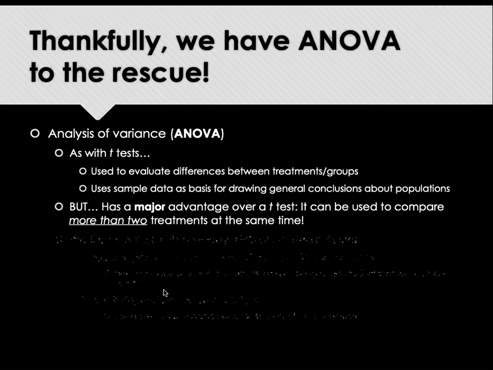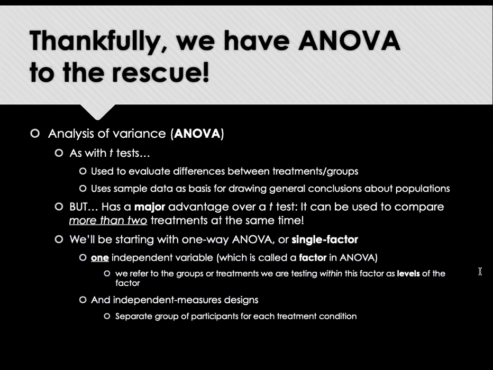And the advantage and the reason you can do that is that it doesn't increase the type 1 error that you would have if you did multiple t-tests. So if you're trying to compare more than two groups and you did more than one t-test, you would increase the possibility or probability of committing a type 1 error. And with ANOVAs, we don't do that. So that's great. In chapter 12 and in this lecture, we're going to be just talking about the simplest kind